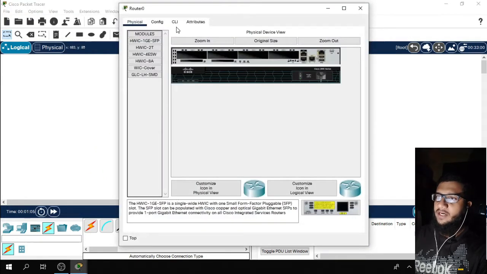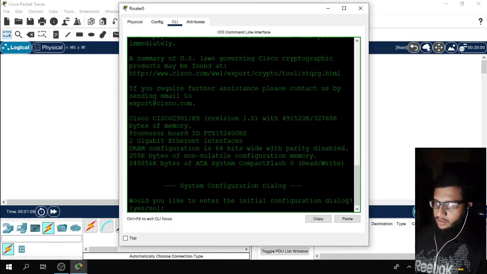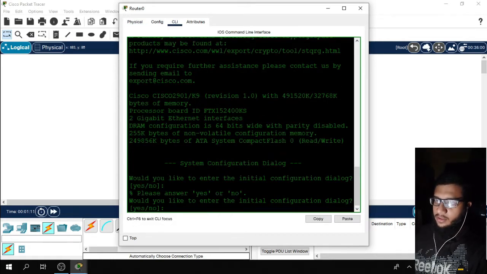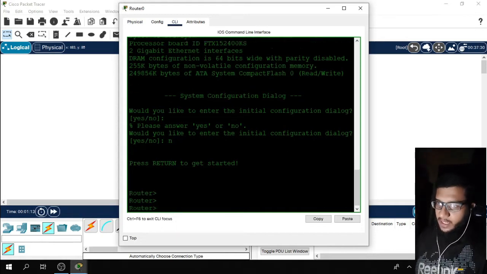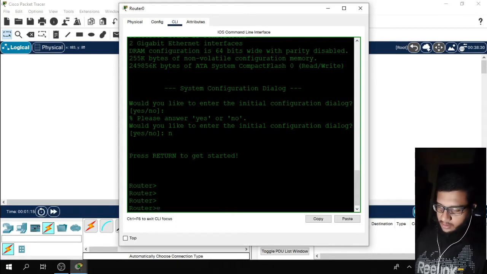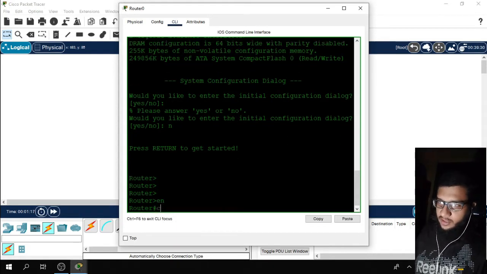First of all, I open my router and click enter. Start, type enable, then configure terminal.